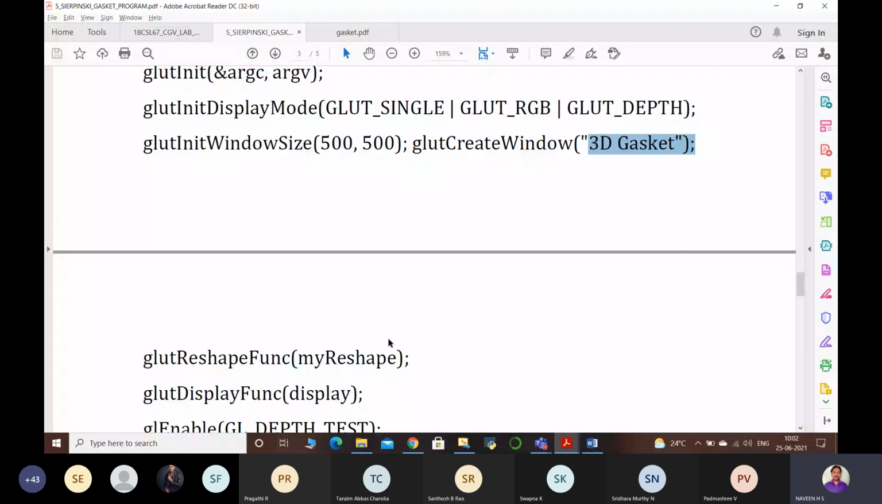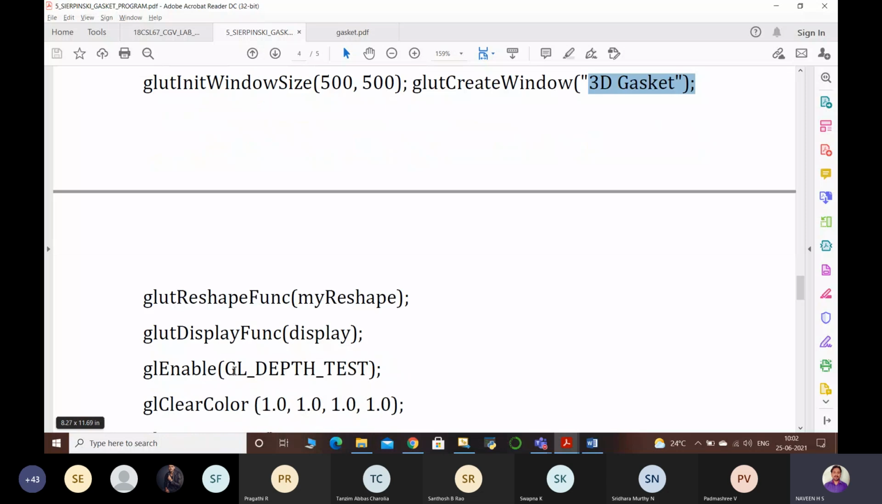Next, we'll move on to the glutReshapeFunc, glutReshapeFunc(myReshape). After that, your myReshape function is going to be executed. So what will it basically do? In order to properly view my object, whatever I'm planning to display,